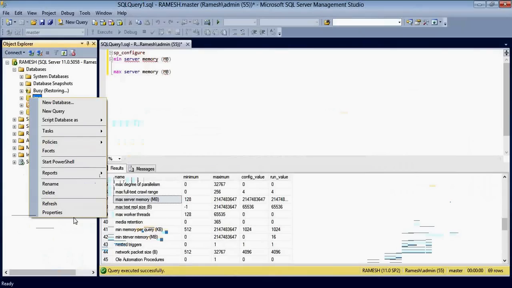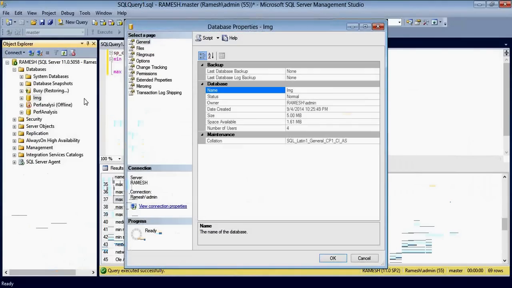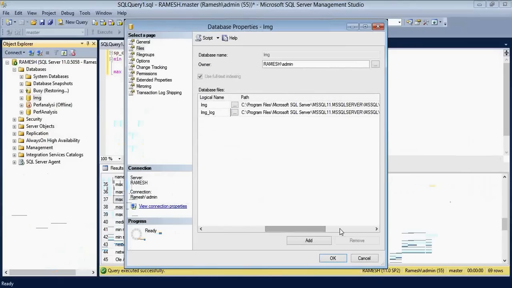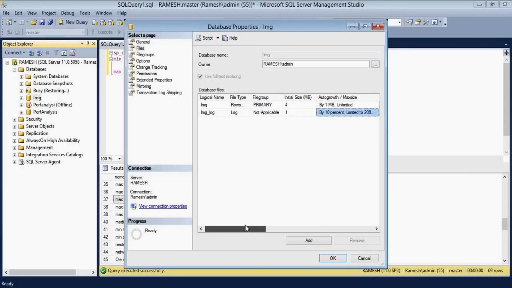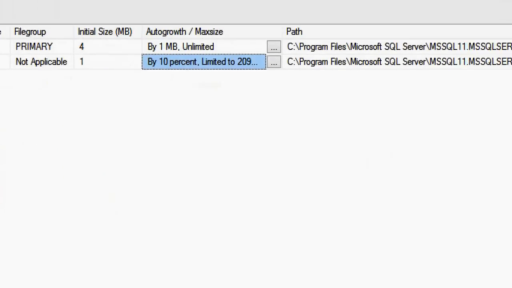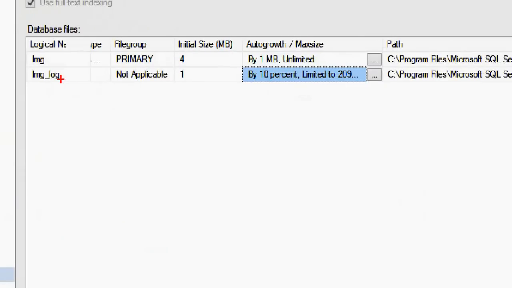Right click, go to properties, go to files. Here you can see auto growth is 10 percent of your file. Here you can see auto growth options. There are two auto growth options, for your MDF file and LDF file. Log file is the LDF file.